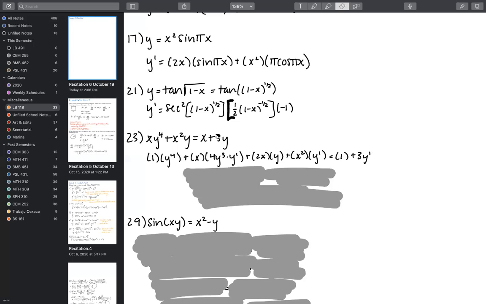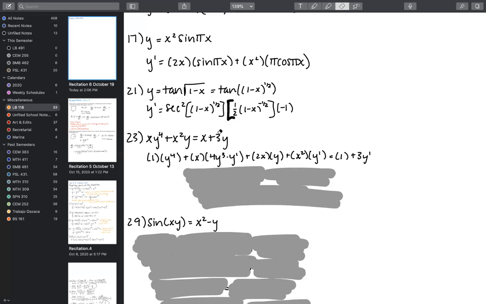If there's a constant out front, you don't get rid of the constant. It's just 3y prime. If that doesn't click for you and you need a little bit more background, you could go about this using the product rule. You could treat 3 as though it were a function. Well, we use the product rule between variables. So for example, if we had sine of x times x squared, we would use the product rule for that. You could say that this is sine of x, this is x squared, but then what you'll find is that 3 is going to have a rate of change of 0, and so it's going to cancel that term out.